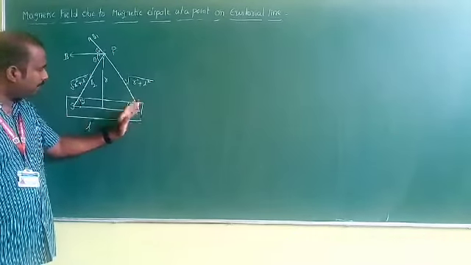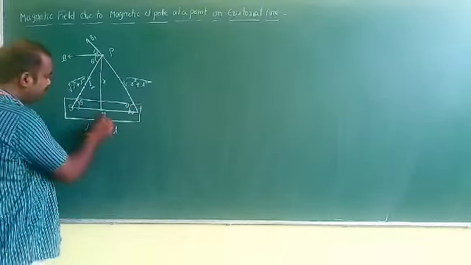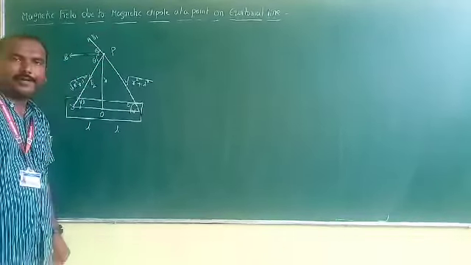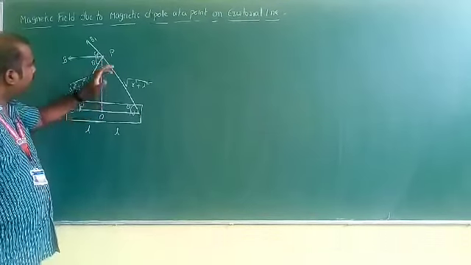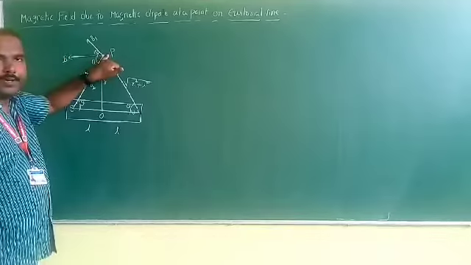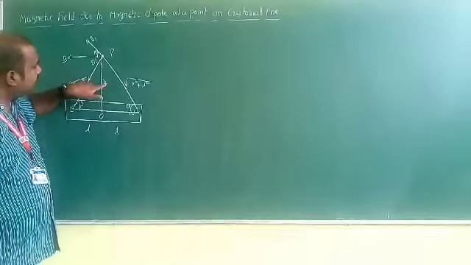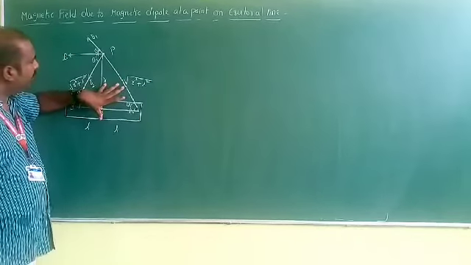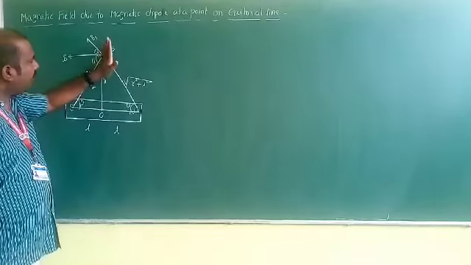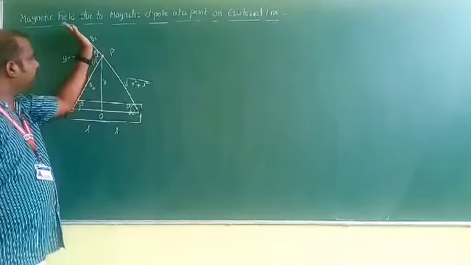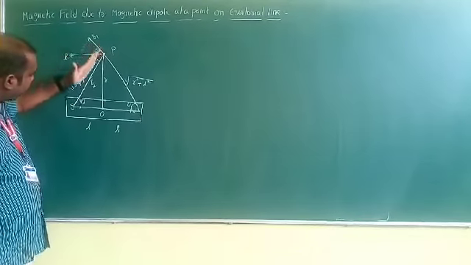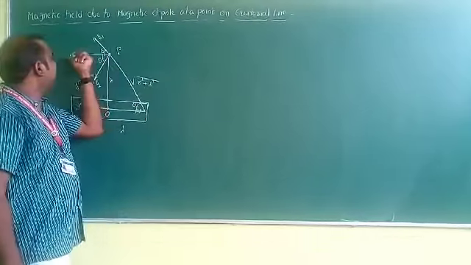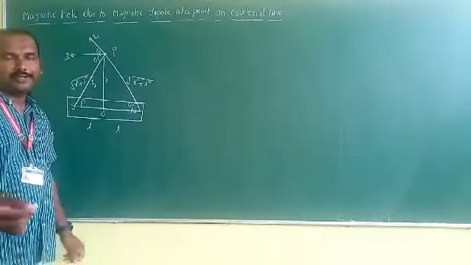Now once again, all of you try to understand the diagram. Here I am taking one bar magnet of length 2L. O is its center. The line which is passing perpendicular to the axial line, I can take as the equatorial line. Here my observation point is P. How much distance is there from the center? Its distance is r from the center. The distance between P and O is r. Now at point P, first I am finding the magnetic field due to the north pole. In this way it is acting. At point P, due to the south pole it is acting in this way. The net magnetic field is found by using the parallelogram law of vectors. You can find this is the net magnetic field, by using that equation.